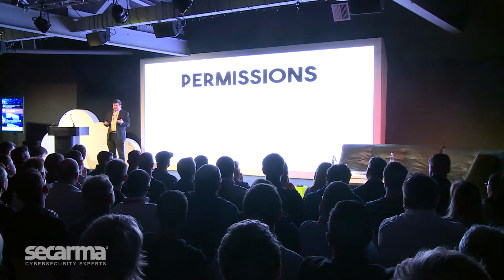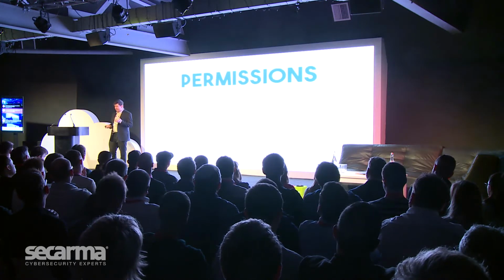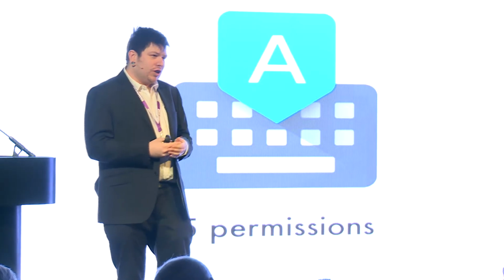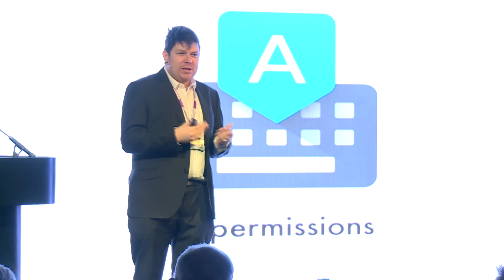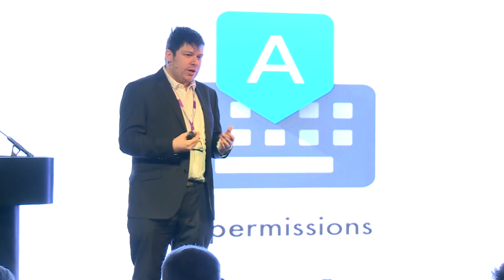So the first thing I did is I thought, right, I'm going to look at the permissions that the Android application takes, and I'm going to compare it maybe against Google Keyboard. So Google Keyboard on the left, 15 permissions. It's a keyboard. It probably needs some information. It probably wants to read my text. It wants to look at what I'm doing, to get an idea of how to predict the words I'm using.